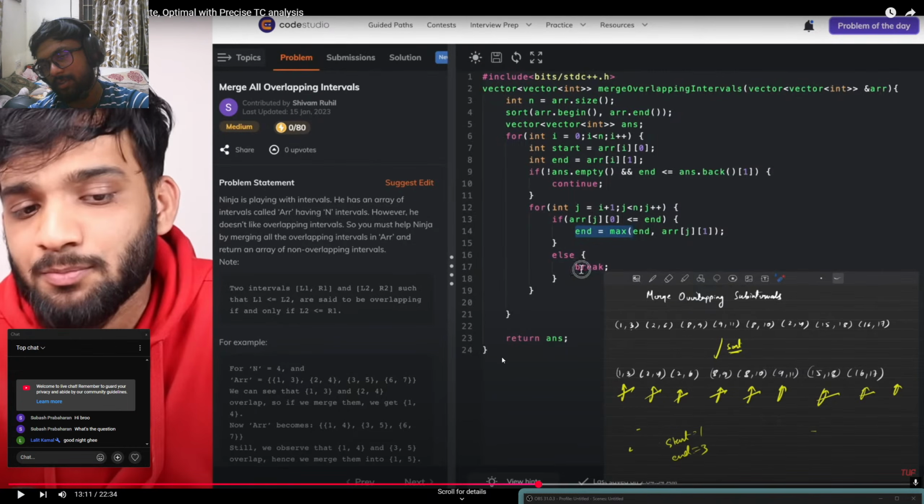So what we are doing here is, first, for loop. We are checking the array. We are taking the start index and end index from the first one. And what we are doing, we are checking if the answer array is empty or not. If it's not empty, and also the end of the last element is